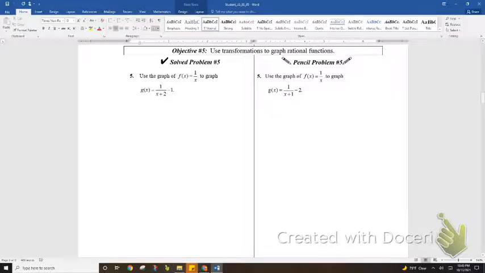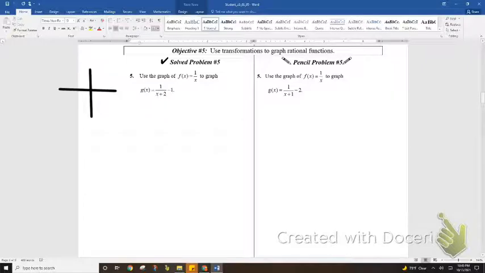Okay, so Objective 5 in 3.5 is using transformations to graph rational functions. You can use the transformations when they're written like this, but you've got to know a few little things about the parent function for the rational functions. Alright, so our parent function, when we graph it,